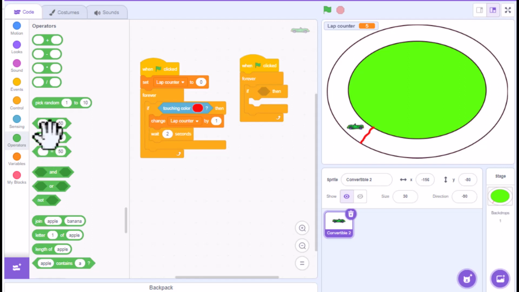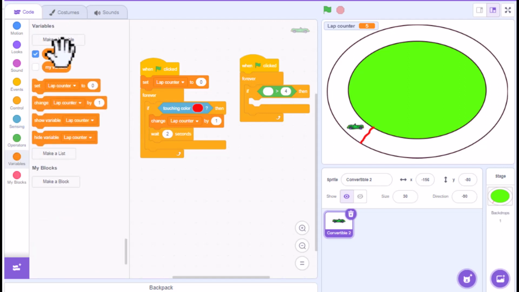What we're going to do, though, is say if blank is greater than, we don't want to do 50, let's do 4, because that will actually give us our 5. And now you see this circle, this is kind of a blank in here. What we're going to do is go over to variables, and you'll notice that this is the same shape. I mean, it's a little bit different shape, but you get the idea. It fits in here. So if you drag this over, slot that in, it'll now count, and it'll say if the lap counter, if this number is greater than 4, which if you're looking for 5,